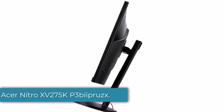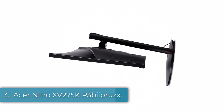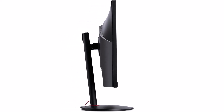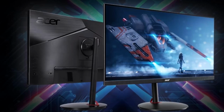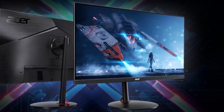Number 3. Acer Nitro XV275K P3 biipx. Exceptional gaming prowess and multitasking capabilities. If you don't need an OLED's high-end performance or prefer saving money, check out a mid-range option like the Acer Nitro XV275K P3 biipx, which is worth getting when it's on sale. There are a few trade-offs, as it doesn't deliver the same deep blacks or have a near-instantaneous response time like